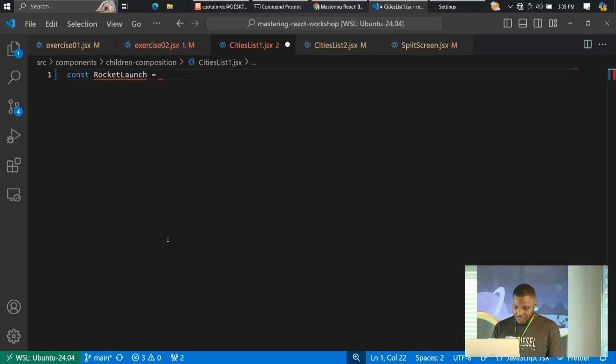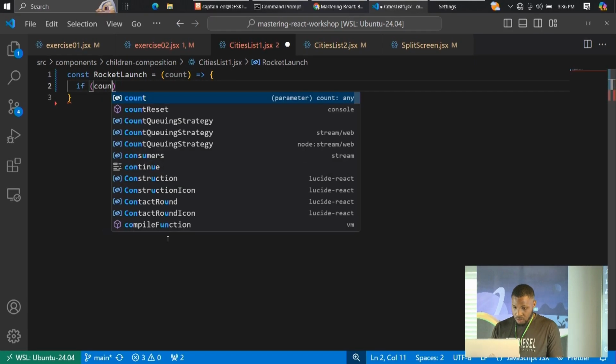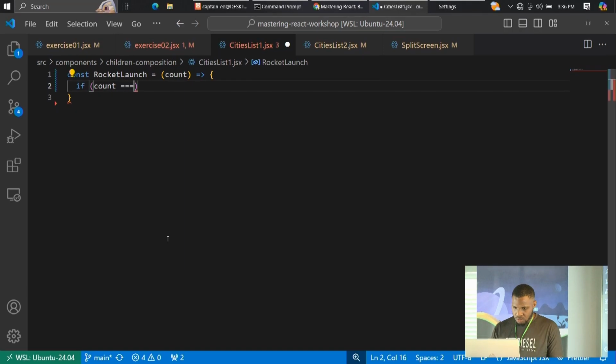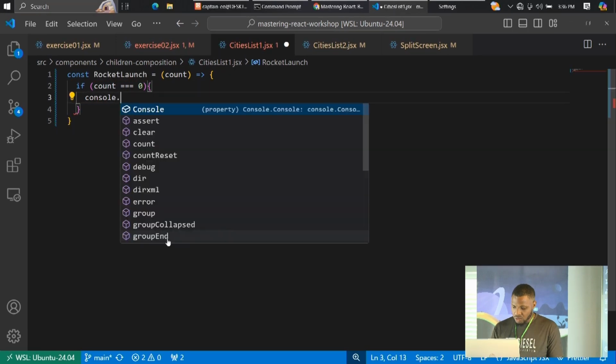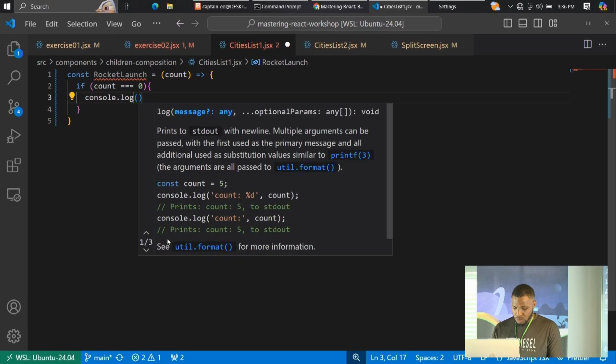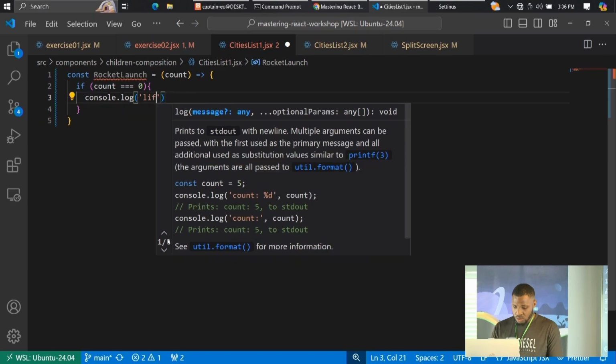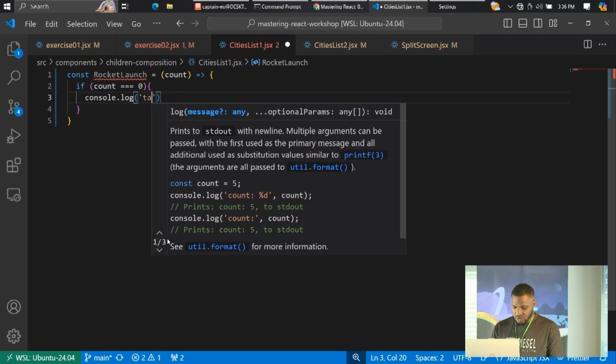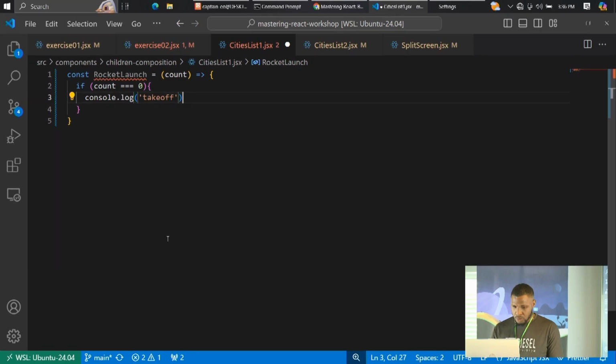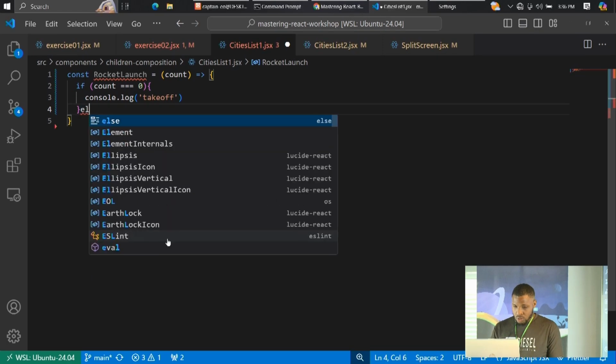So this code, every day I look at it, and so I'm just going to quickly type it here. Let's log something to the console. Let's say takeoff. Else,